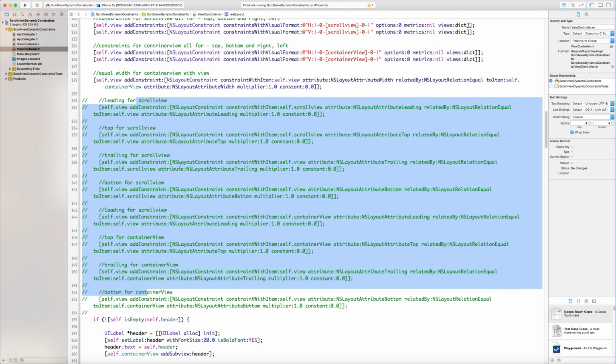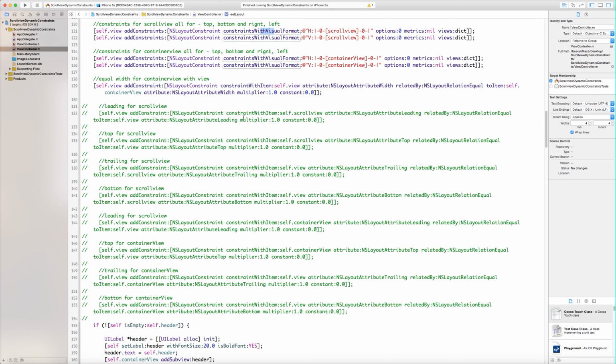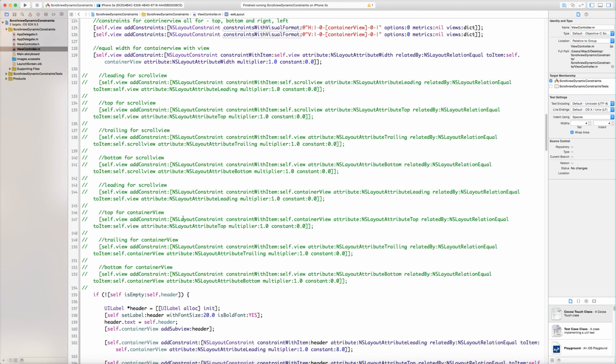Both codes are equivalent, so you can use the visual format language as well as the other, I mean you can use both or any one in your business logic. Okay, so let's move further.